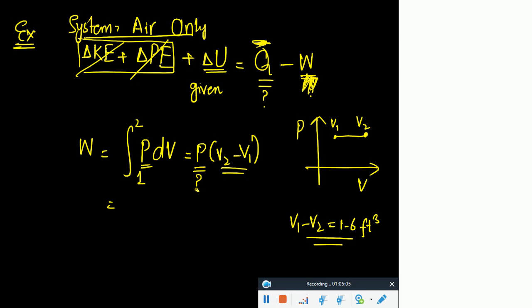Now you see, you jump onto the next step and there is another unknown waiting for you. How can that unknown be found out? By establishing some kind of mechanical equilibrium. So let's move on to that, and we would find out that pressure by establishing mechanical equilibrium on that system.